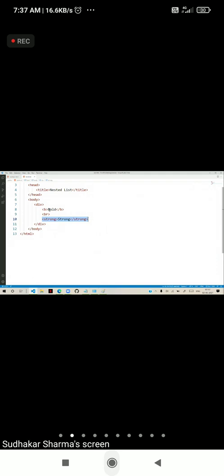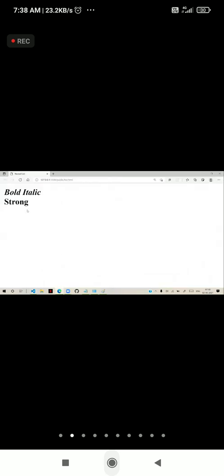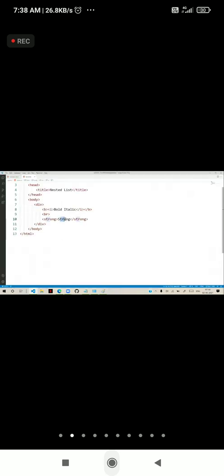Similarly, I is for italic. So I is for italic, and you can see it is bold and italic. For italic in review mode, we have the option EM. EM is used for italic, emphasizing.